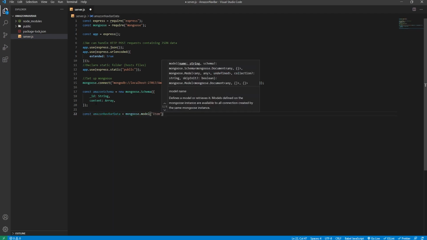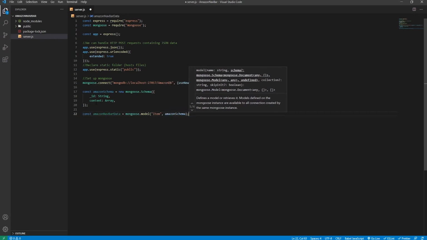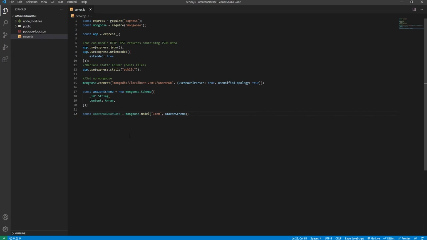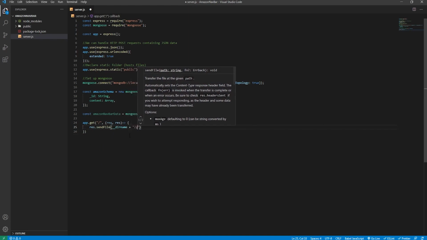Item will be the collection name, which will be turned into items by Mongo database, and then obviously we'll specify the schema that we just created. Now we'll handle the GET request for the default route, so we'll say app.get / which is the default route, request object, response object. In the callback method, you will say res.sendFile __dirname, and then we'll say /public